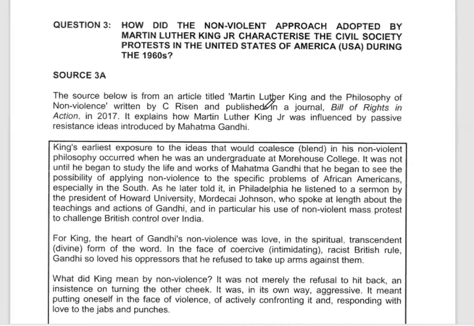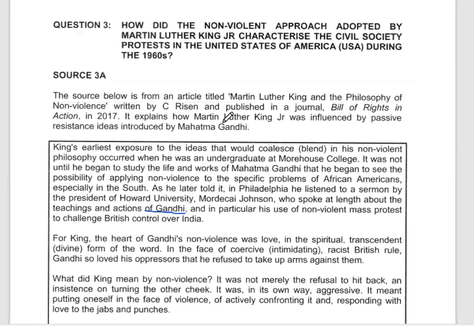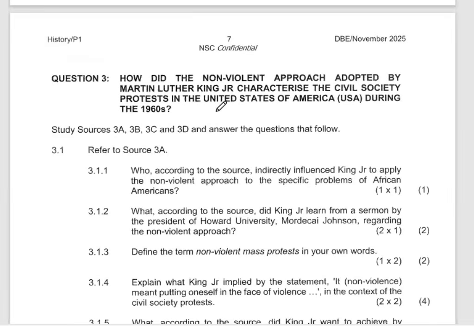This is an extraction question. Right. We are told of Martin Luther King Jr. being influenced by the actions of Gandhi. So we are looking at Mahatma Gandhi here being a character who influenced the ideas of non-violent protests against the British in India. So in this instance, we are saying those ideas were based on the core ideas of Mahatma Gandhi.